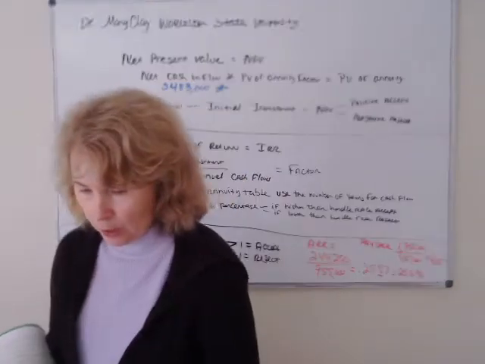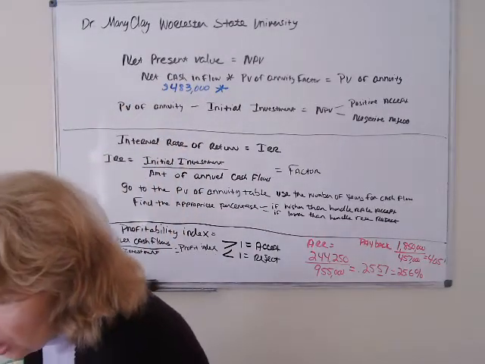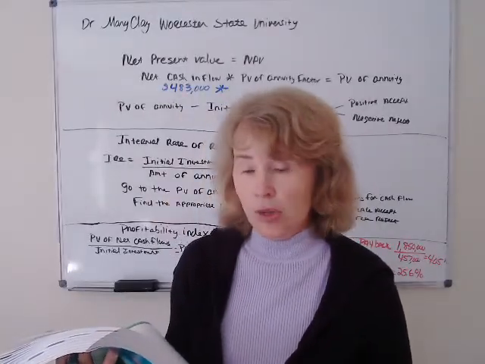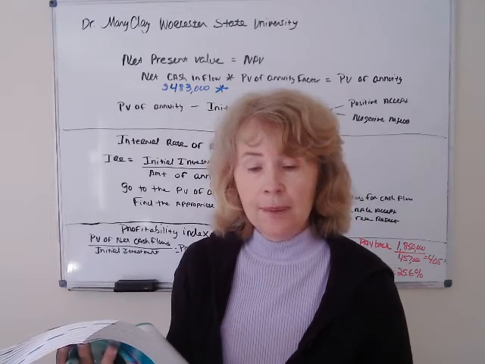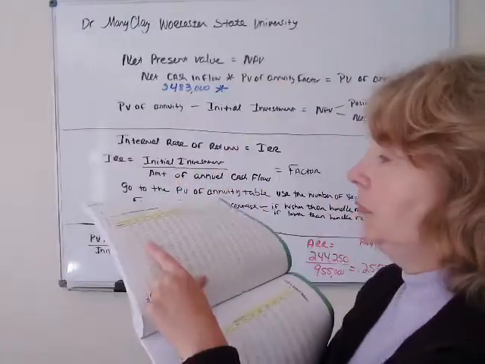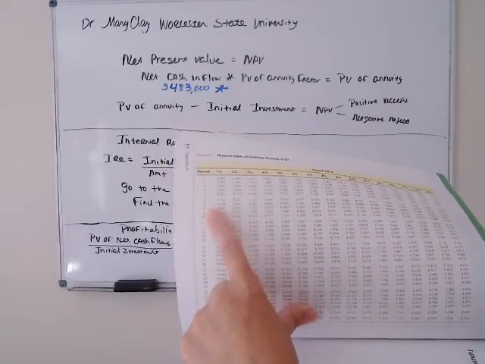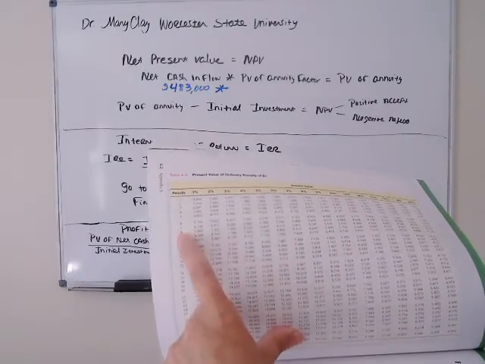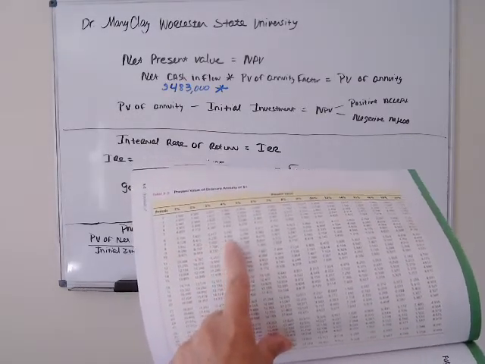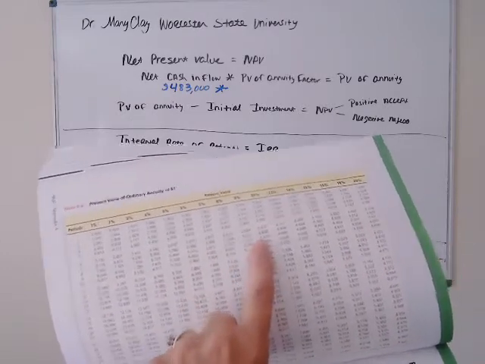Now I have to look back in the problem for the particulars. How long are they saying this asset will last? They're saying 8 years, and they're saying that the hurdle rate is 10%. So I take my finger and trace down to the number 8. That's the number of periods. Then I trace across until I get to the hurdle percentage. For this particular problem, it is 10%. So here's the factor,